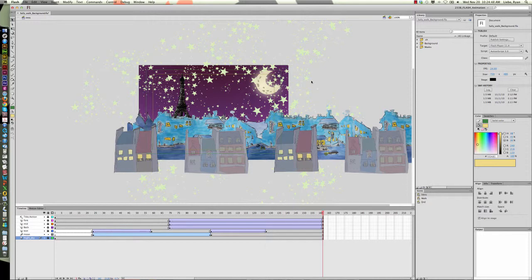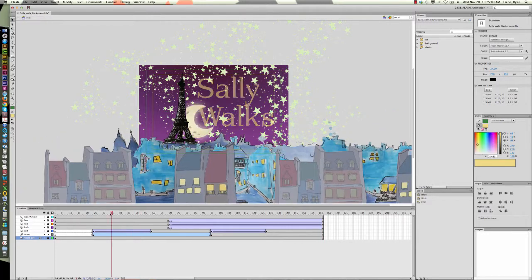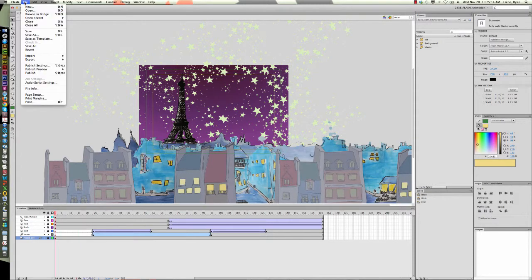But in this example, we are just going to import some background music, and I'm going to show you how to sync it up and have it play seamlessly through each one of your scenes using nothing but Flash. So the first thing we need to do is import music to our library. So I will do that. I'll go over to File, Import to Library,